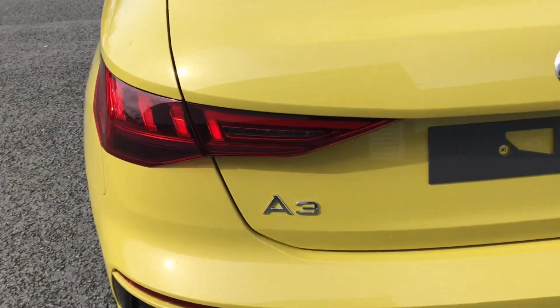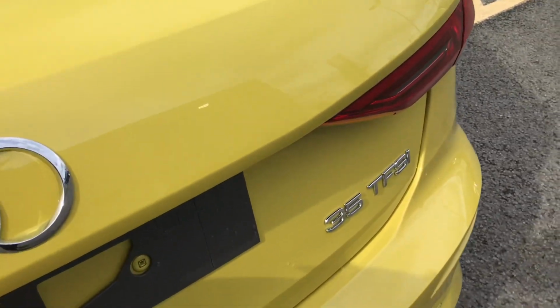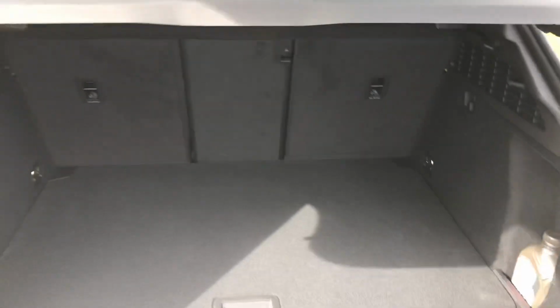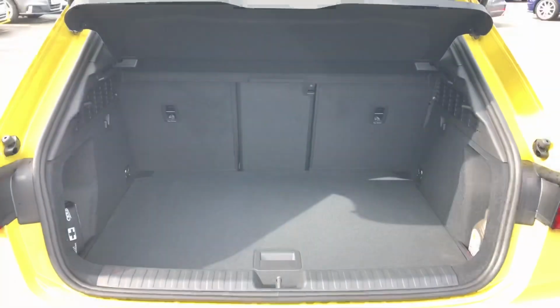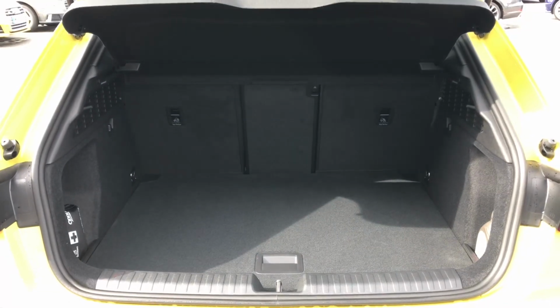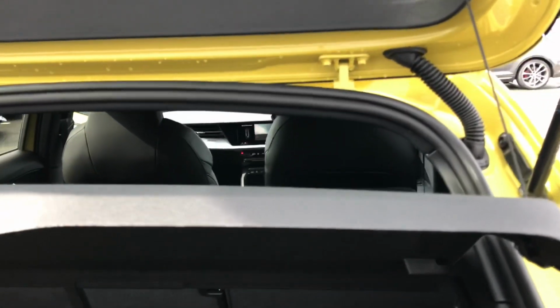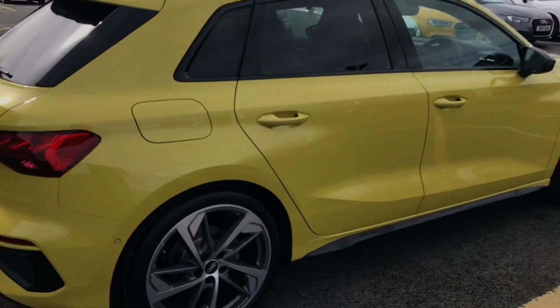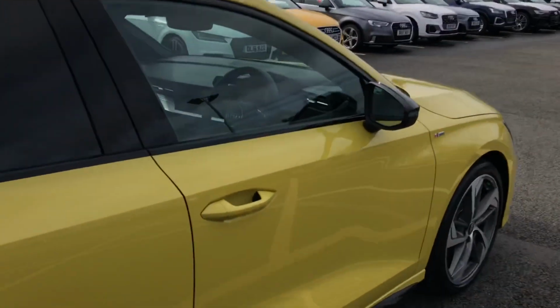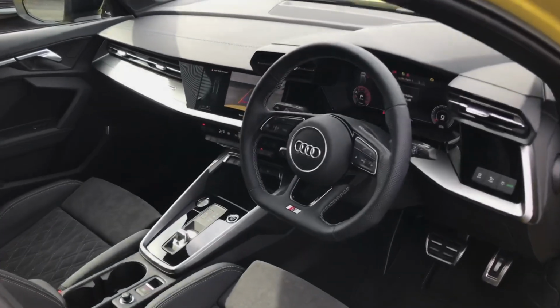Here you can see the LED rear lights, the Audi A3, and the 35 TFSI badging. Here is the boot space for the Audi A3 and you can see there is a fantastic amount of space for such a compact car. The second row of seats does also fold down for additional space. This is a 5-door, 5-seater Audi vehicle, and as we move to the driver's seat you'll be able to see